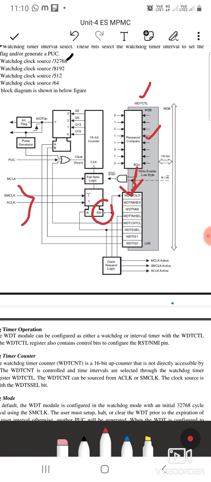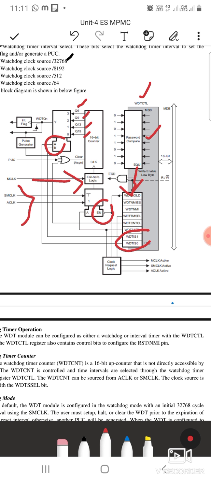In case of a failure of the auxiliary clock or submaster clock for the counter, you can also use the master clock. And you can select the prescaling, divided by 64, 512, 8192 or 32768, based on the 2 interval select bits, IS0 and IS1. Setting these 2 bits, you can select one of the prescaling values.